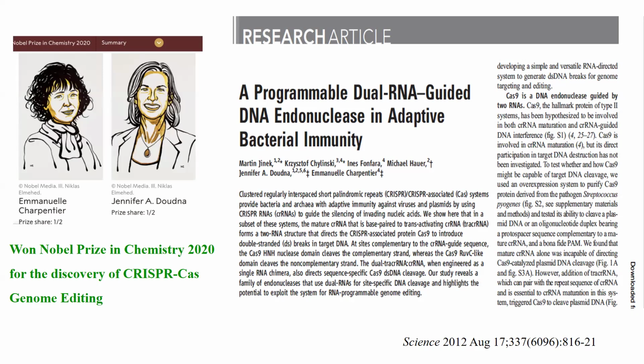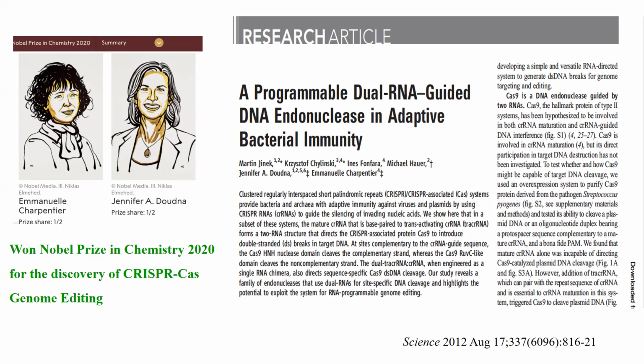It means CRISPR-Cas is an adaptive immune system in prokaryotes, that is, the bacterial system. Bacteria use this CRISPR-Cas system to cut the nucleic acid, DNA or RNA, of infecting viruses. As a result, they are immune. This immune system evolved in bacteria over the years